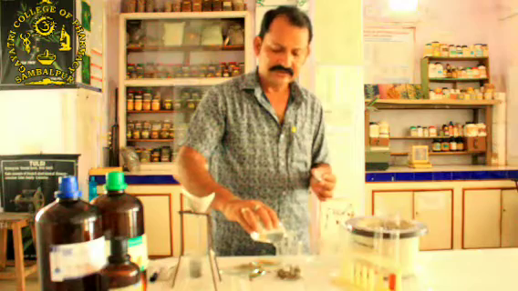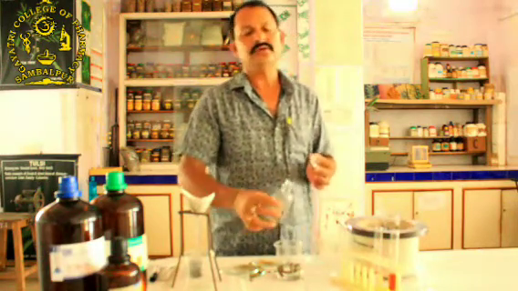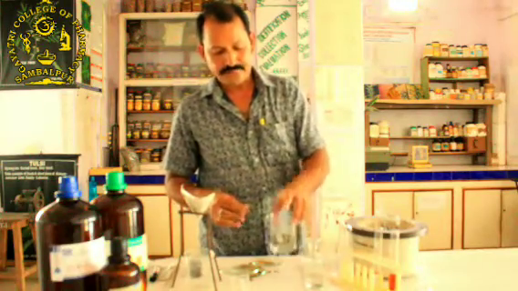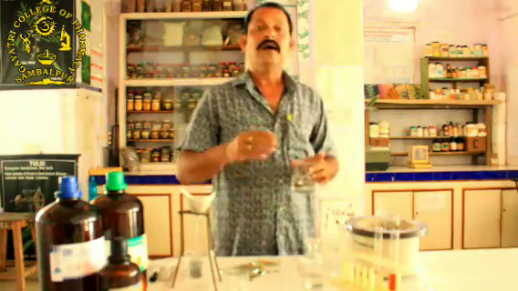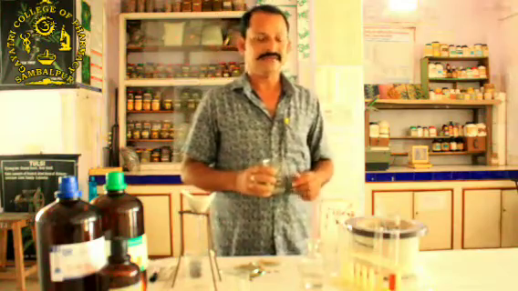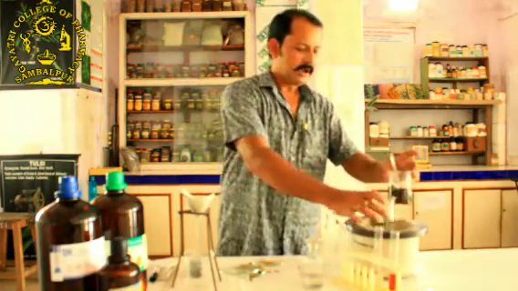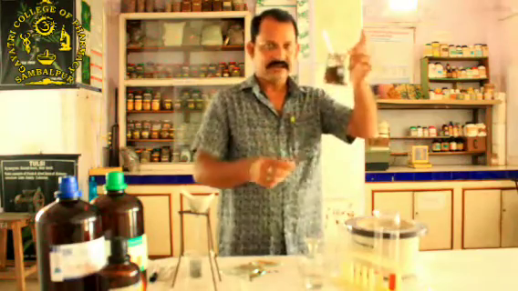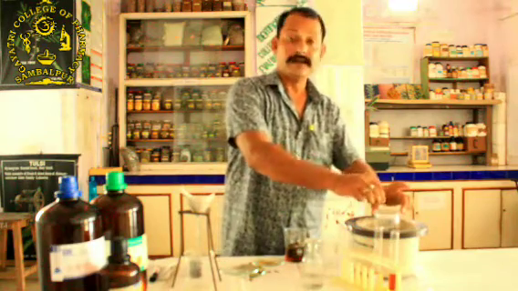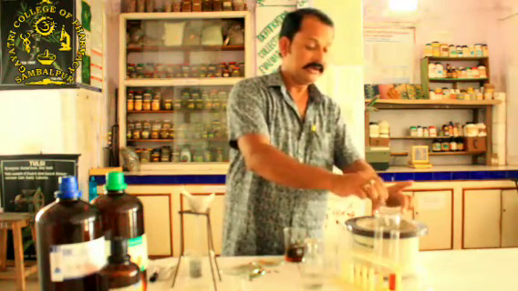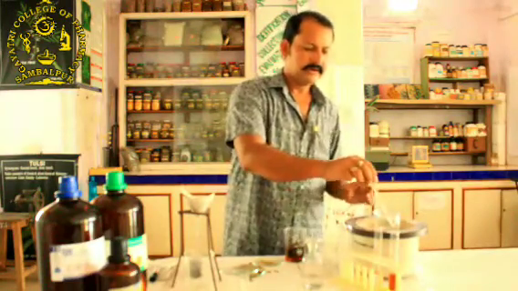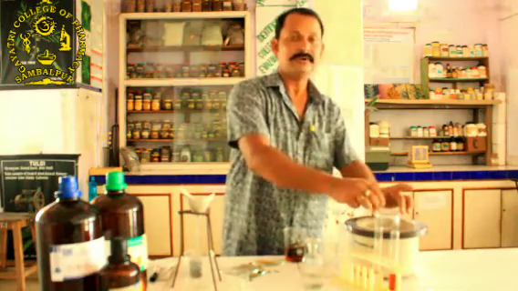Why is hydrolysis required? Hydrolysis is required to break the long carbon tail of the aqueous extract of senna for the isolation of active phytoconstituent from the aqueous extract. So here I am boiling. Previously I have boiled it. Now we have to boil it for 4 to 5 minutes in a heating mantle or hot plate or directly on the flame. And we have to stir it continuously to avoid clumping.